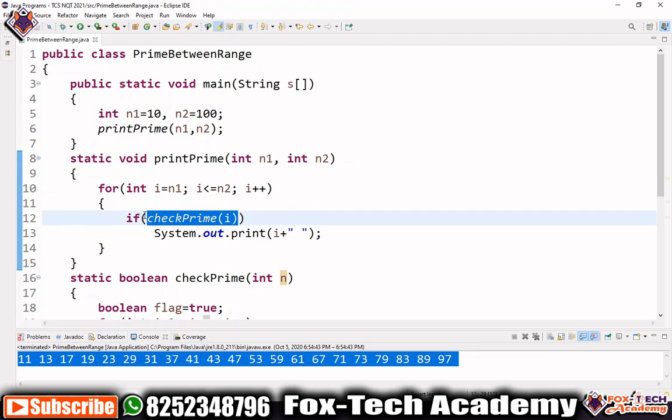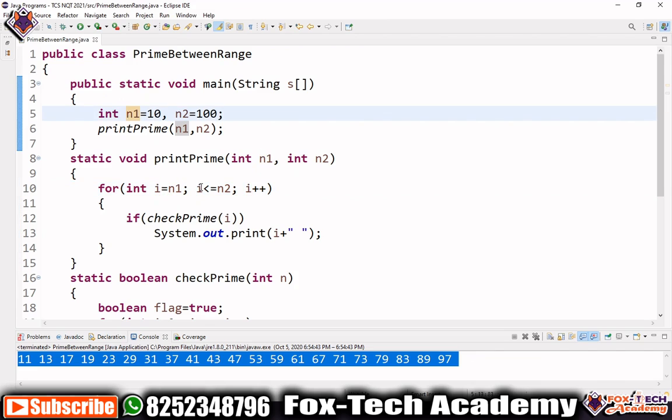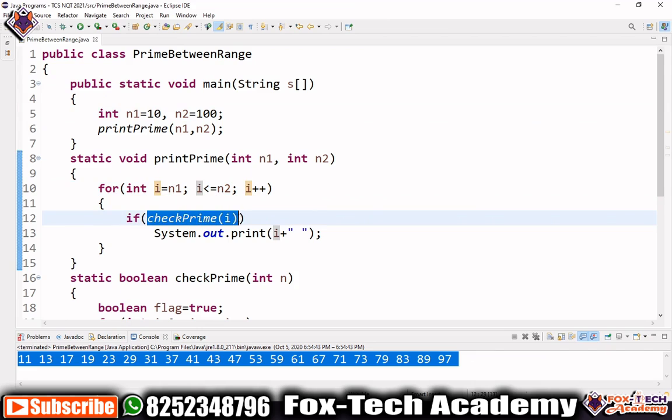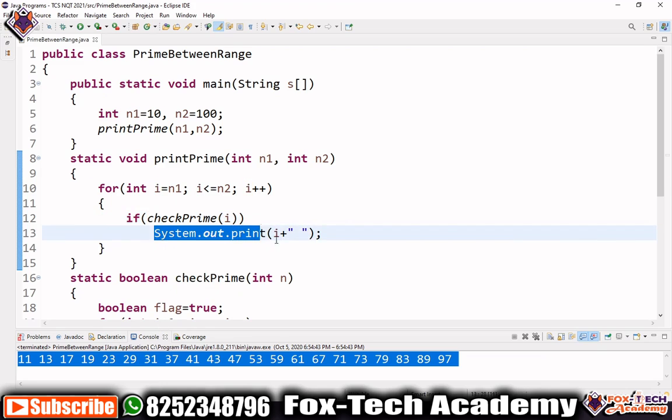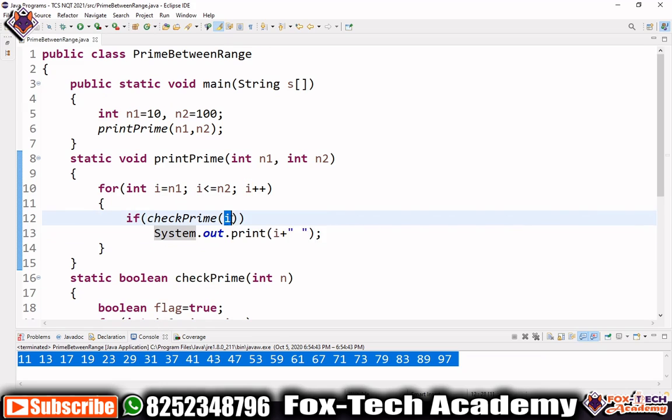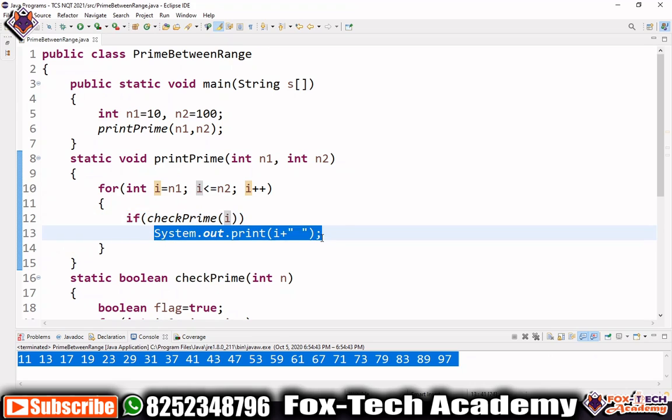So here we get true or false. We start i from n1 and run it till n2. If i is prime, we get true here. In this program we are just printing the number if i is prime, but this time we don't need to print.